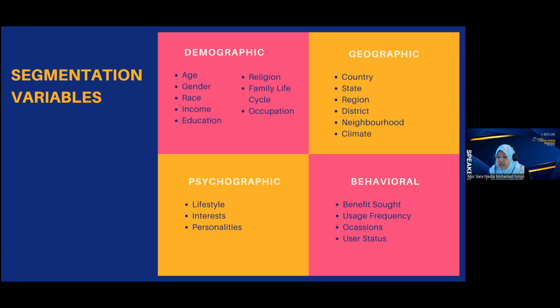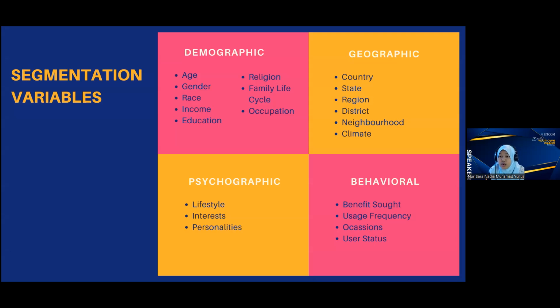Okay, and the best thing is climate and weather can also be part of geographical segmentation strategy, because not everything can be sold at the same climate ataupun weather. Kalau kita nak jual winter coat, ada ke kita nak jual dekat tempat yang panas? And definitely the best place for us to sell winter coat or electronic heater is a place where winter is experienced.